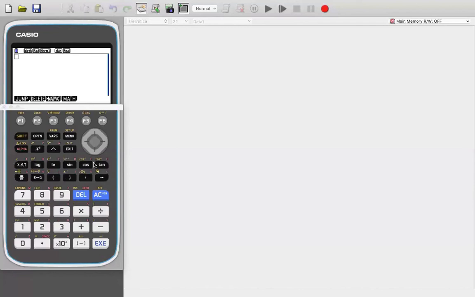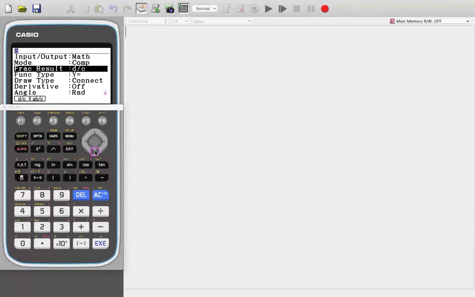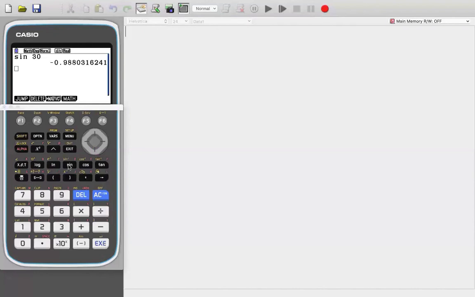Now, for some of the most commonly made calculator mistakes, let's say you want to find sine 30. So you type it in and you press execute, and look what you get. You get a negative number, and it's definitely not 0.5. This is because the calculator has taken this argument in radian and not in degrees. What you need to do is open the setup window, go to angle, and change it from radian to degree. Now, if you try out sine 30, you get the correct answer.